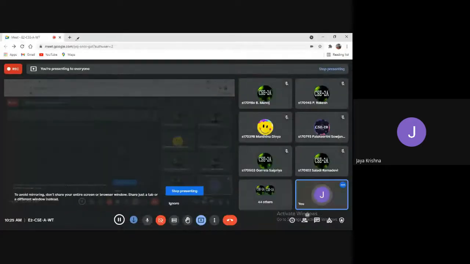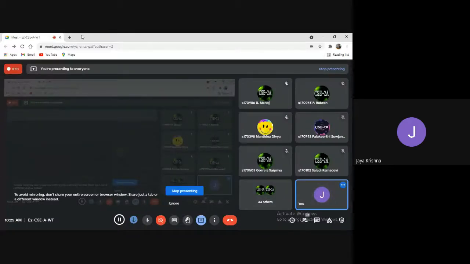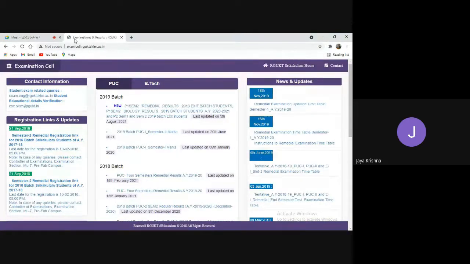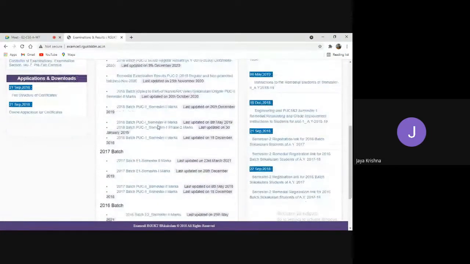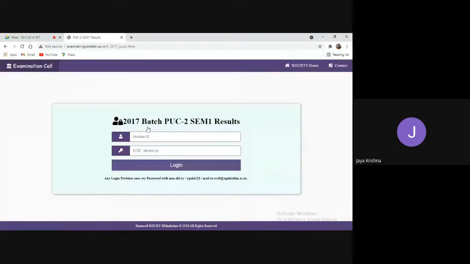For example, if you observe our example portal, some data from 2017. See, observe the 2017 batch PUC to SEM1 results.